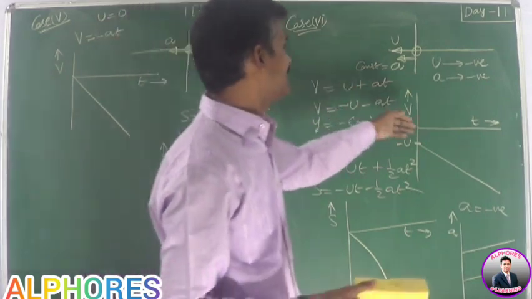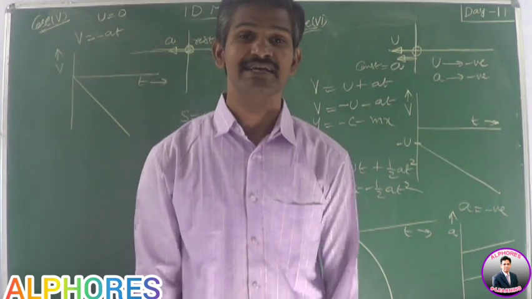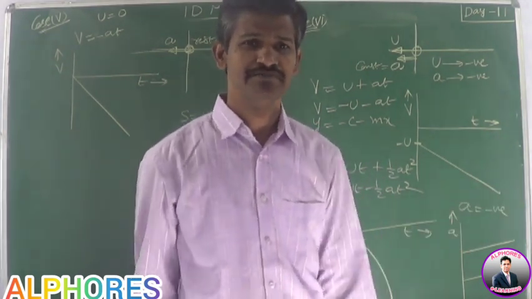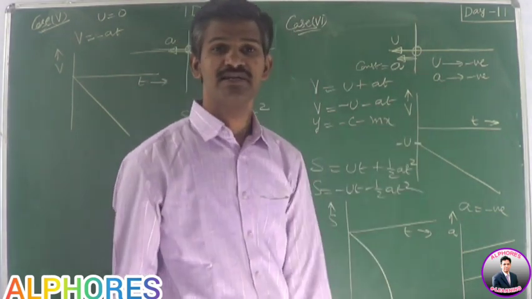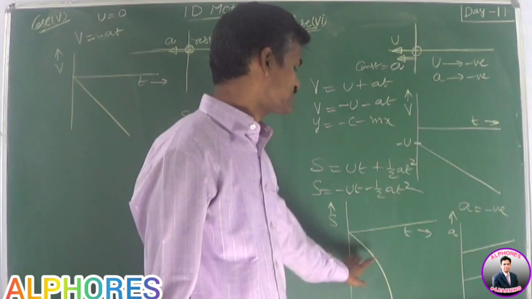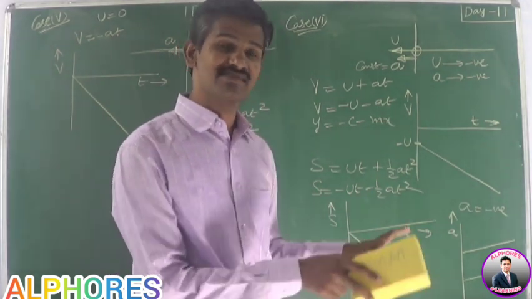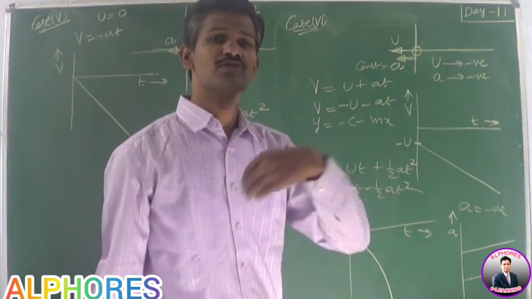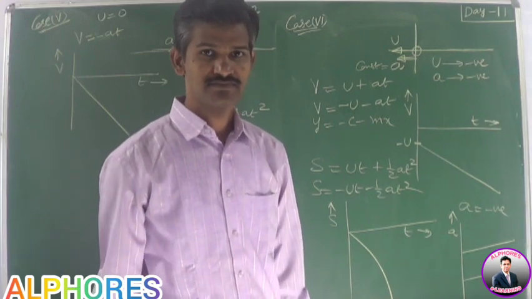If you calculate the area under the velocity time graph, that gives displacement. We already discussed these points, even though I am mentioning them one more time. If you calculate the slope of the displacement time graph, that gives the velocity, or instantaneous velocity at that point. If you calculate the slope of the total displacement time graph, that gives average velocity, right?